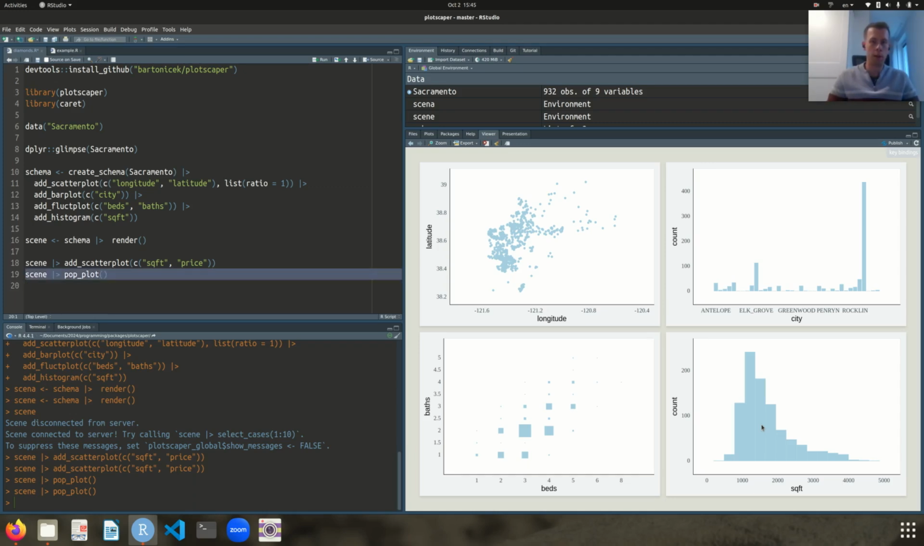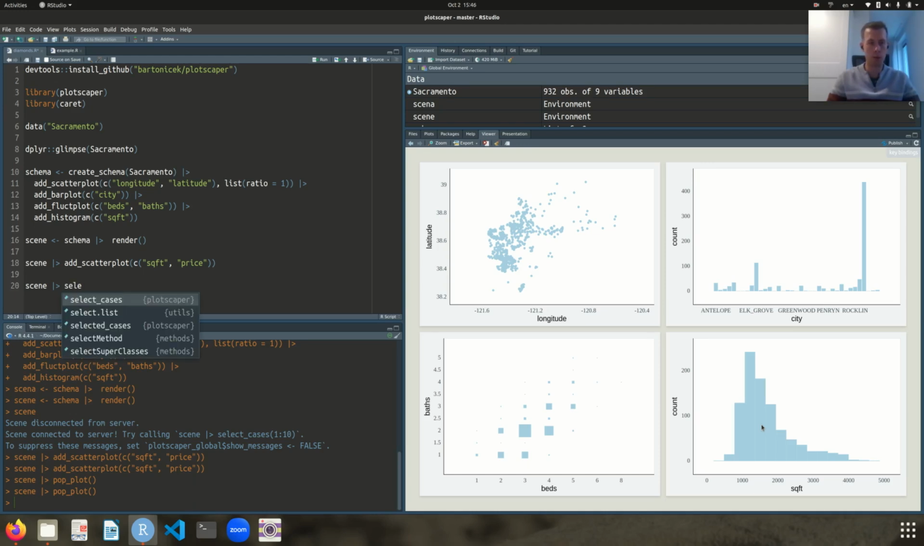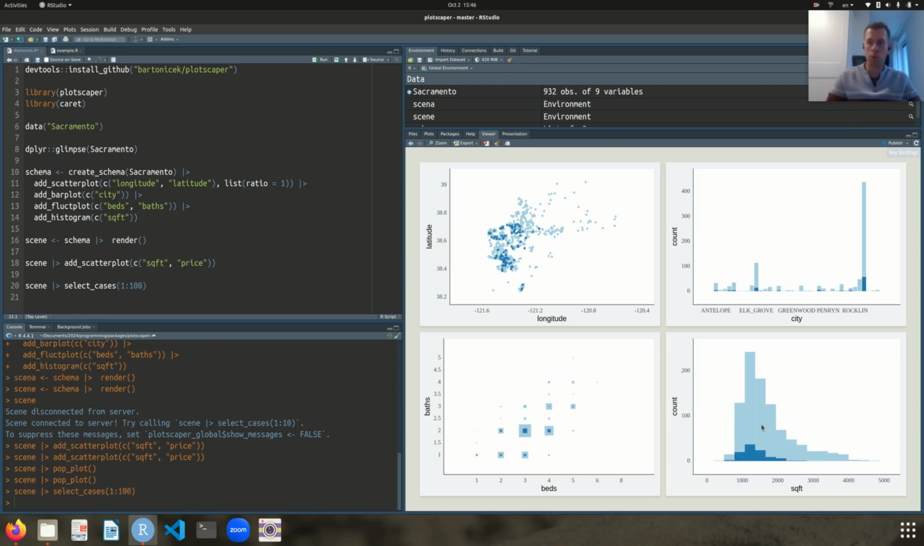And I can also do other things. So I could, for example, whereas before I had to use my mouse to select specific cases of the data, I can also select them by running a function. So I can call select cases. Let's say I want to see the first 100 houses. It will show them to me like this. And this is already something that